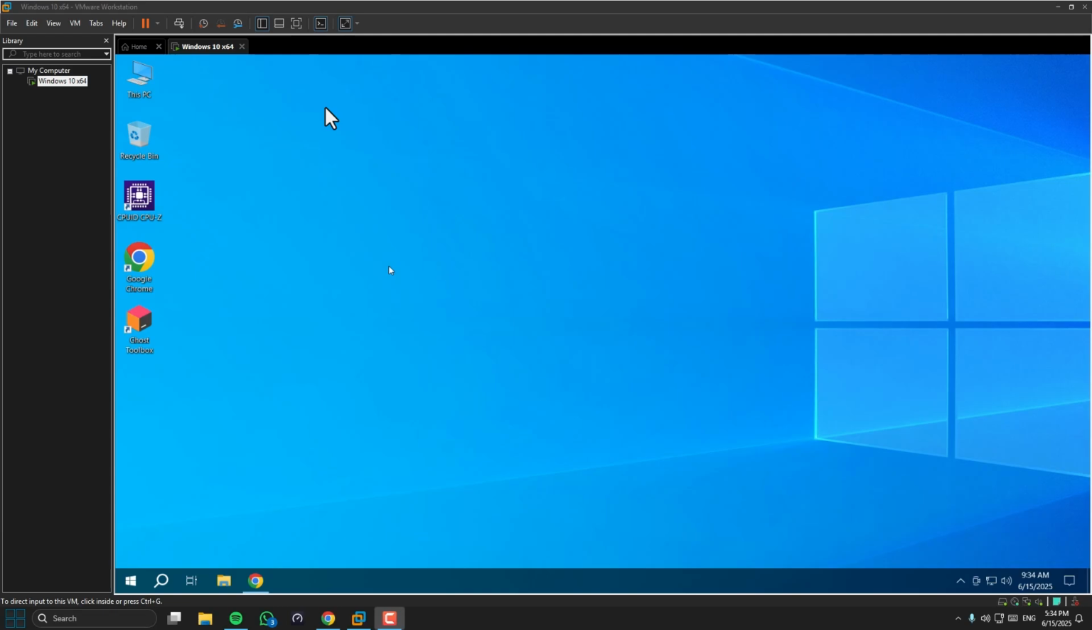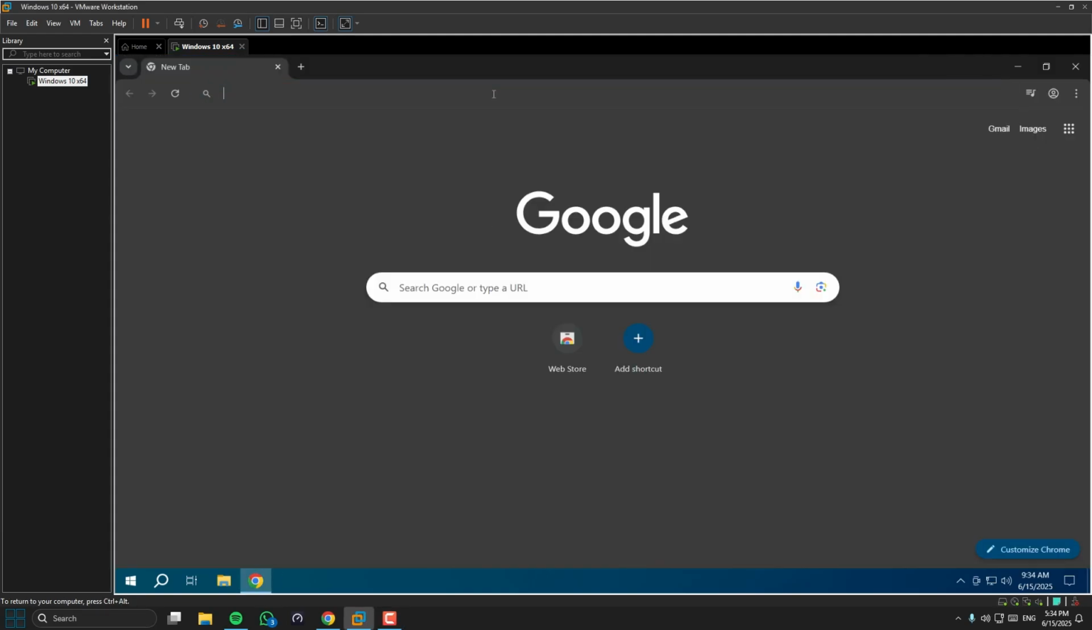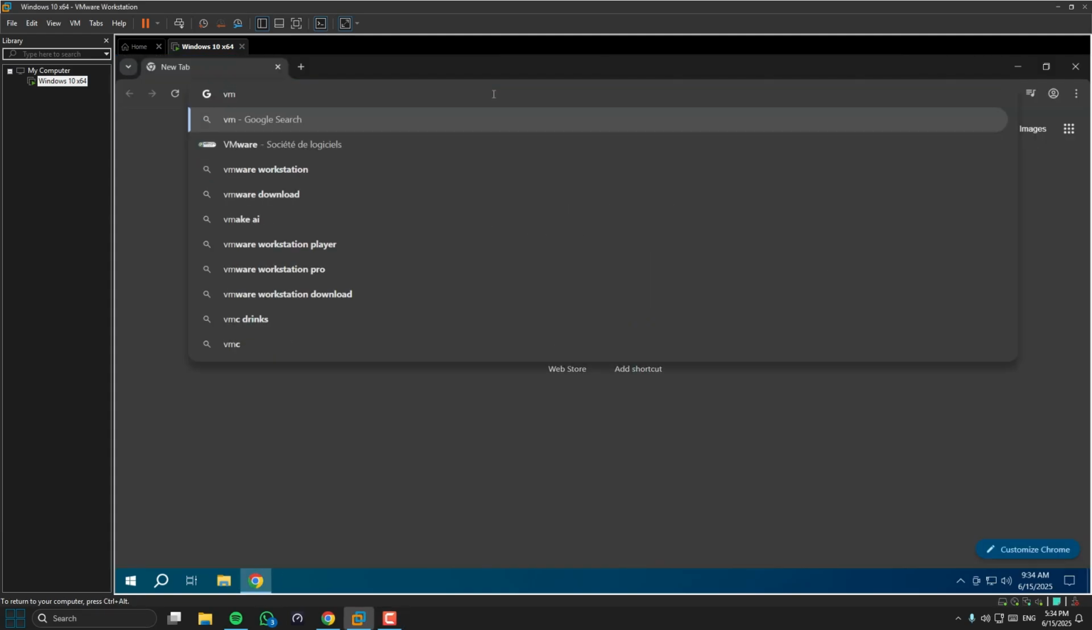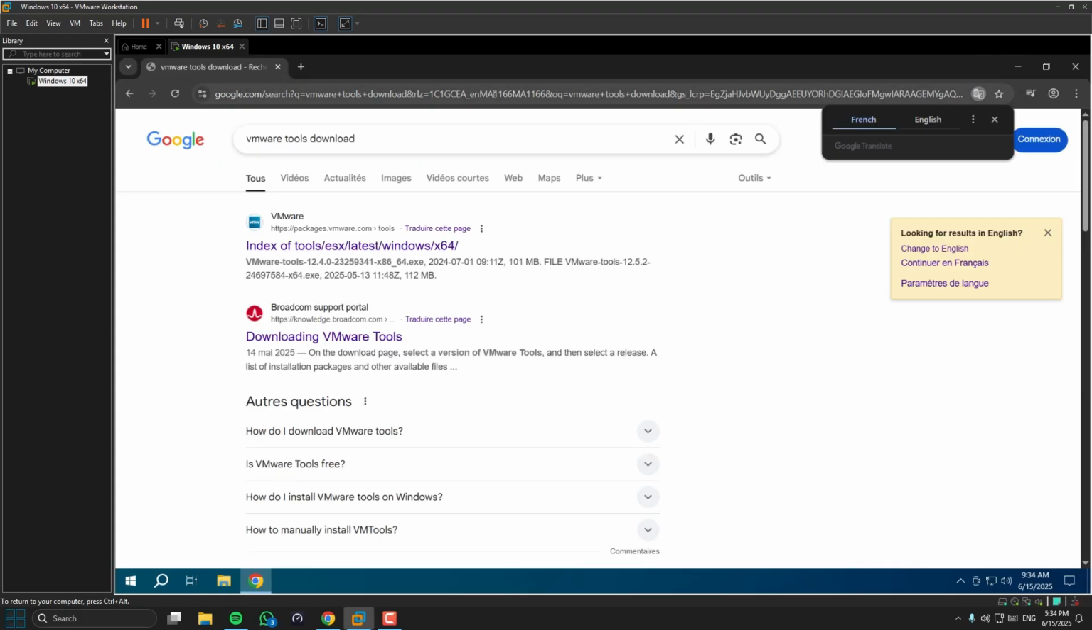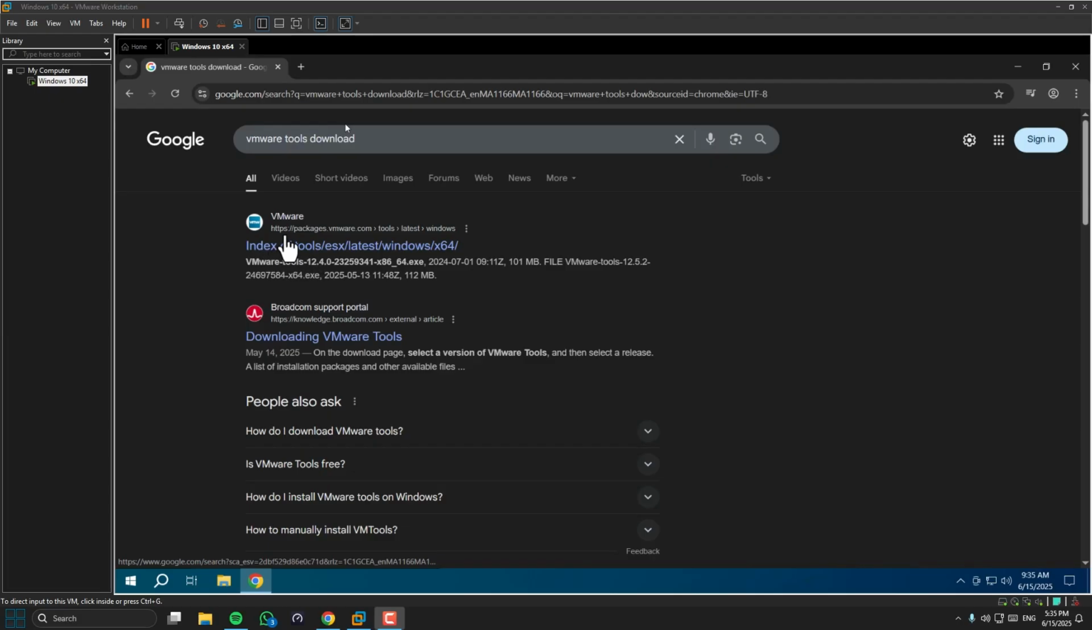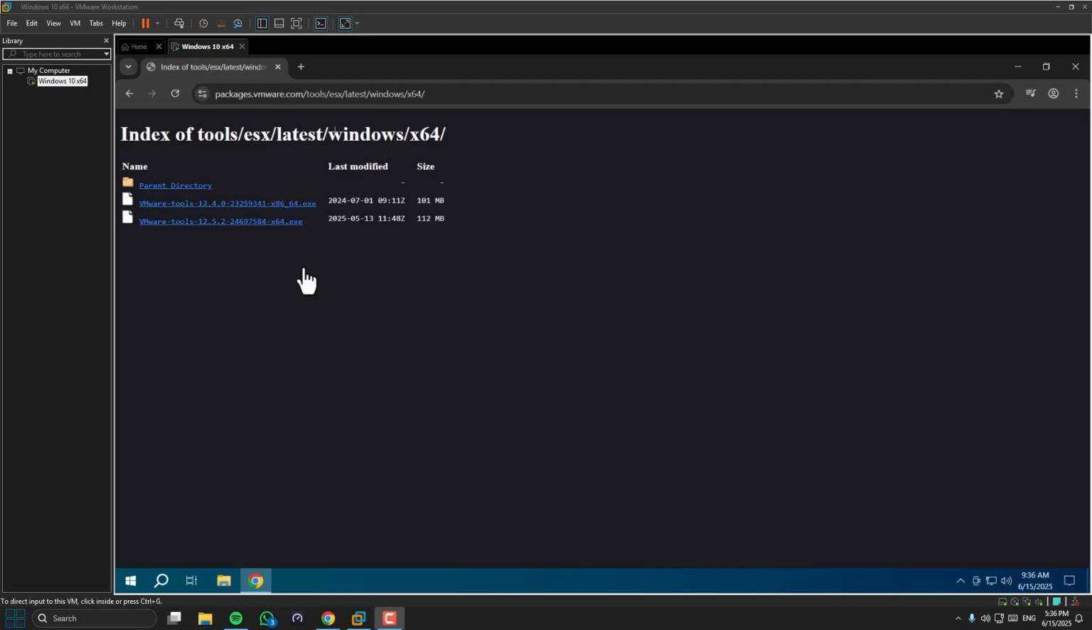First thing first, open up your browser and search for VMware Tools download and hit enter. Go to the first link, which is packages.vmware.com. So click on that first link, which is the official link. And here we go. This will give you the access for the VMware Tools, and you can choose the 64-bit